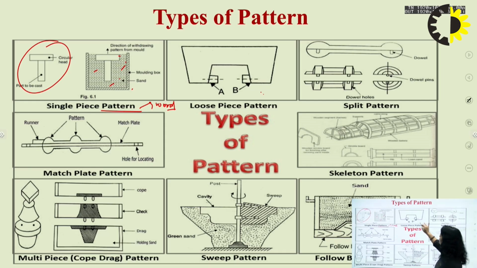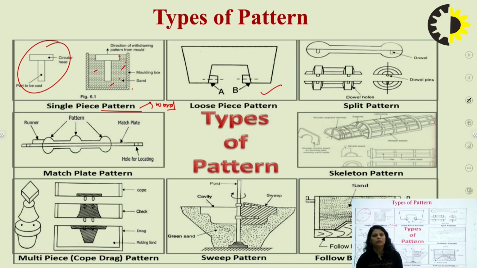Then we have the loose piece pattern. It consists of loose pieces. This is the main part of the pattern, and these A and B are indicating the loose pieces. It is used basically when we want to produce intricate or complex shapes. For example, if we want to produce this type of shape,